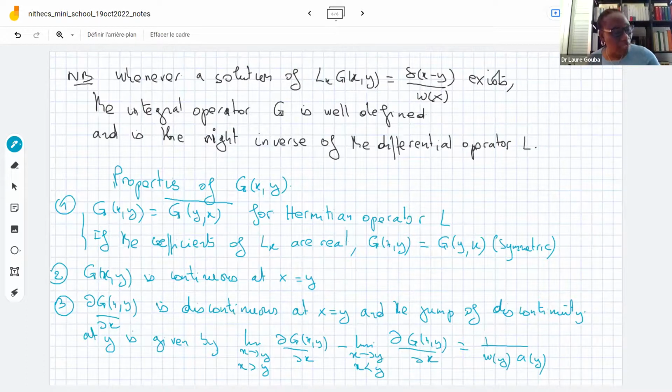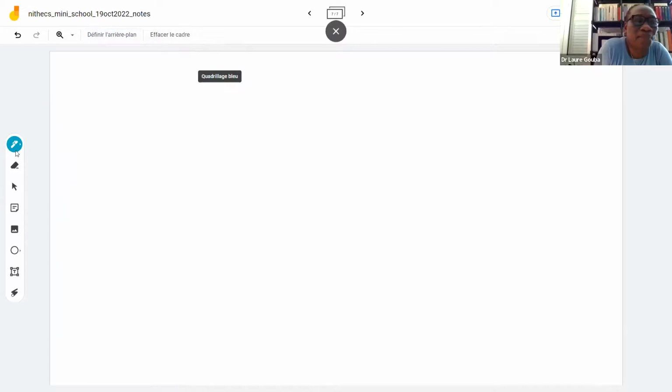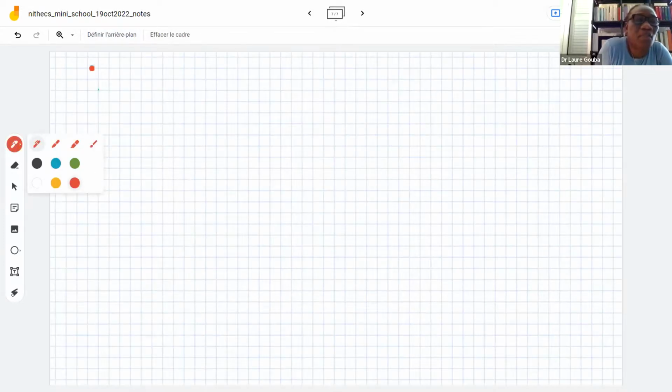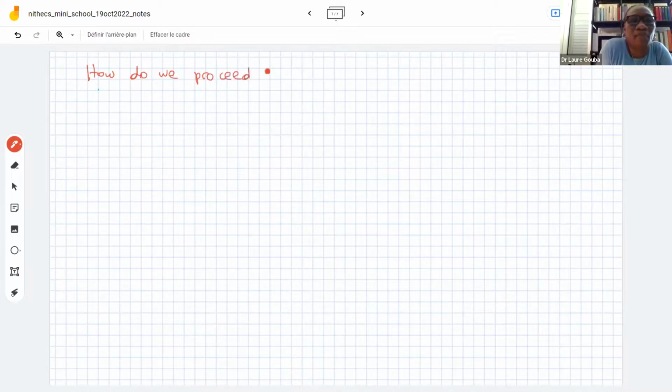Now, how do we proceed concretely to construct the Green function? This is what I want to do, and I have about 15 minutes. How do we proceed concretely? This is the question. Now, to do that, let's say we want to solve